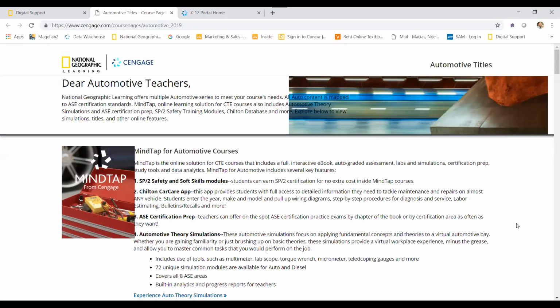you are going to have graded assignments embedded into the Mindtap platform. You will have labs, and simulations that the students can do on the computer. You will also have a plethora of certification prep material for students who are looking to get ASE certified. We also have embedded SP2 safety and soft skill modules in the platform itself, so the students have access to even more materials to prepare them for their careers as an auto mechanic in